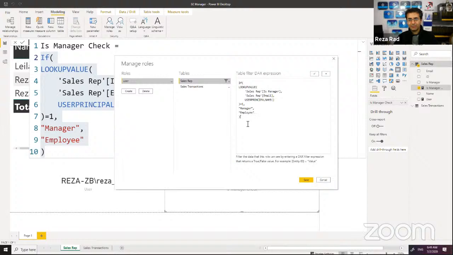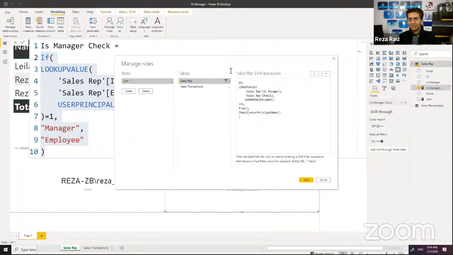Now, coming back here, what should I do if it is employee? If it is employee, I want the email field to be equal to user principal name, like what we had before. That is if it is employee. If it is not employee, it is manager. I want the manager to see everything. And you already know see everything means true, right?